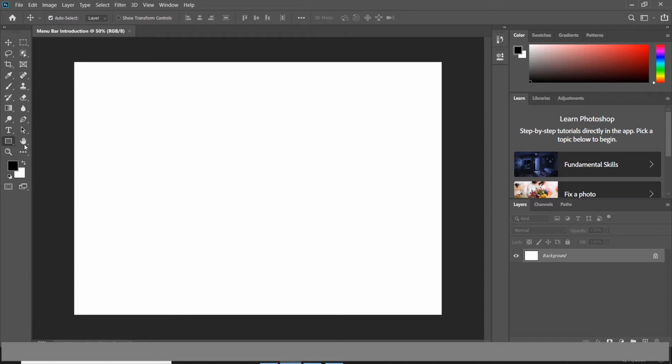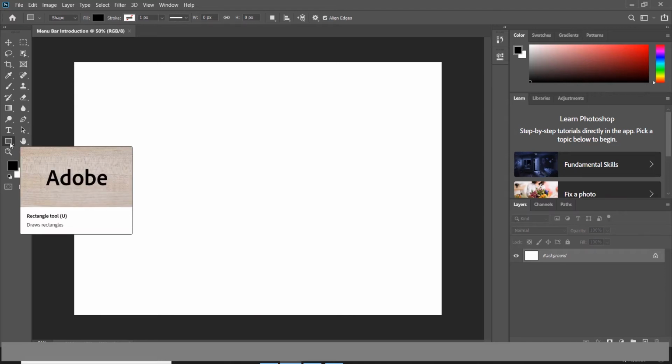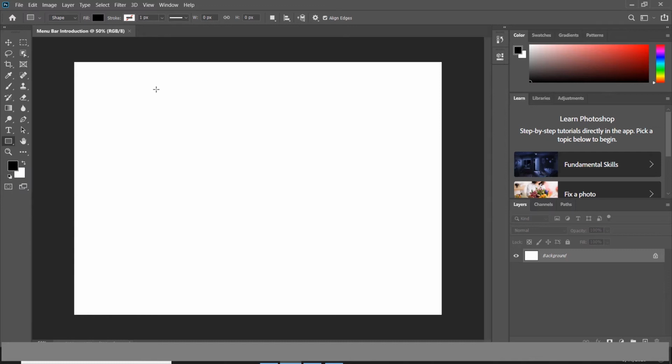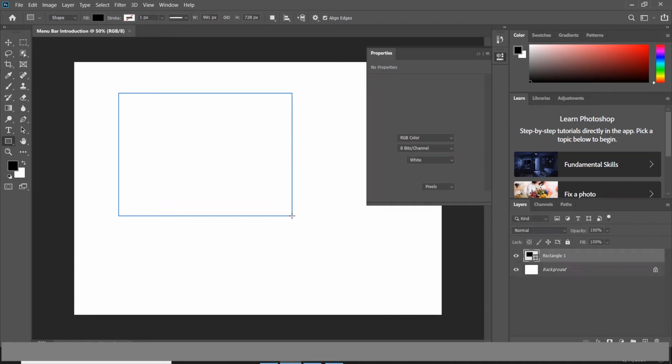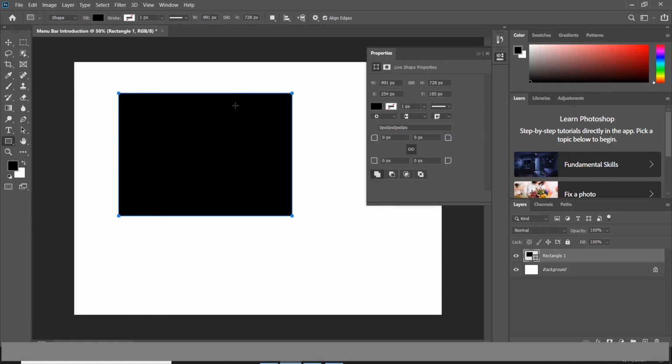You're gonna pick up this tool, the rectangle tool. If you mouse over it, you see rectangle tool. The shortcut is U. So I'm just gonna draw: click and drag, from anywhere and drag. Don't worry, all these options will still be explained later on in the course. So I'm gonna leave my mouse right now, and as you can see, I have created a rectangle filled with